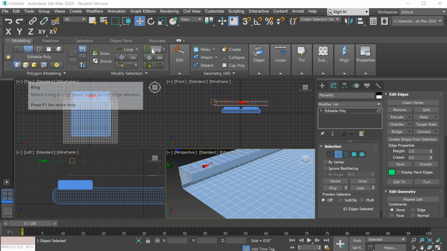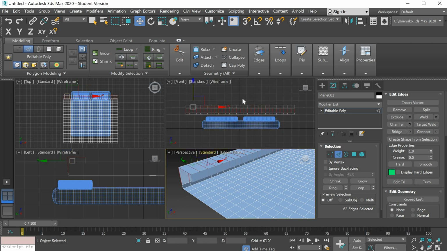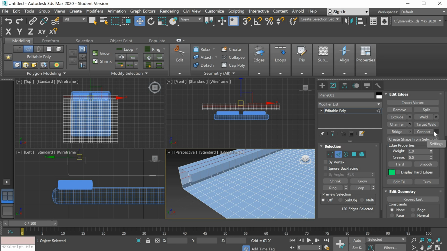if you press the ring button, it'll automatically highlight all of the edges on both the horizontal and the vertical axes, and you can see this a little bit better in your front view. And then press connect again, and that'll make those two segments that we put into the settings in here. Okay,